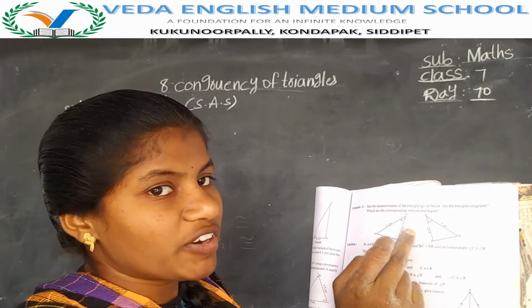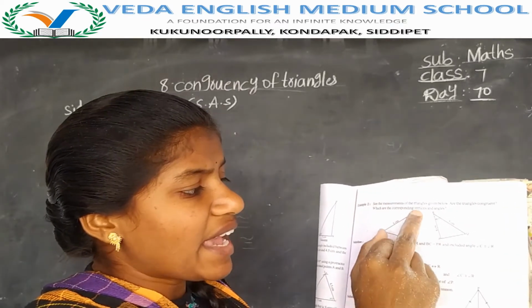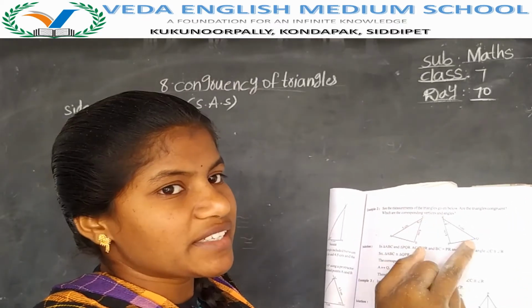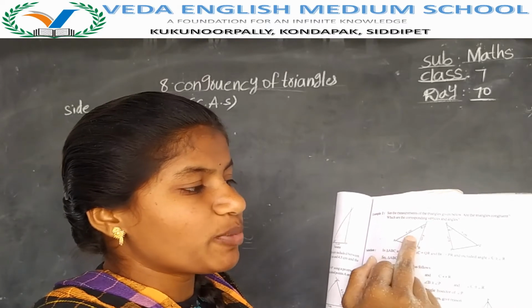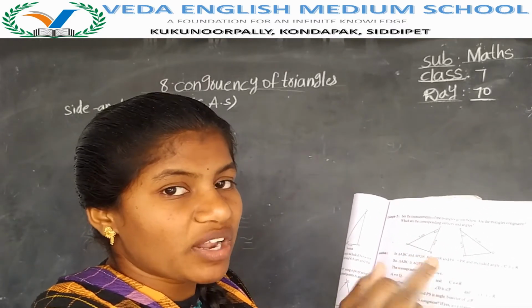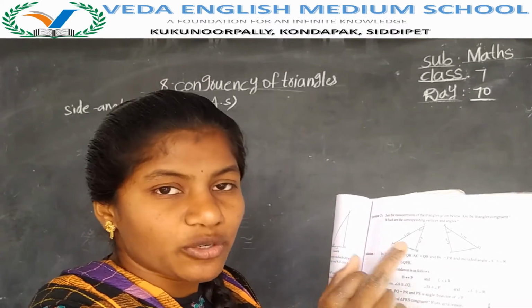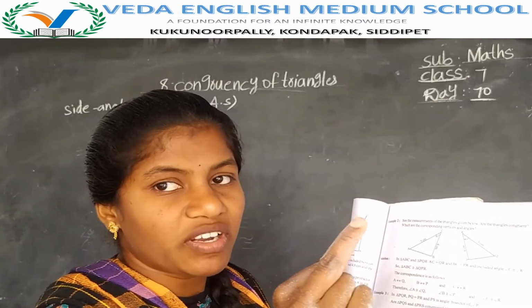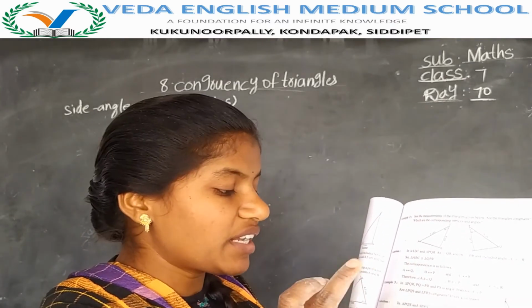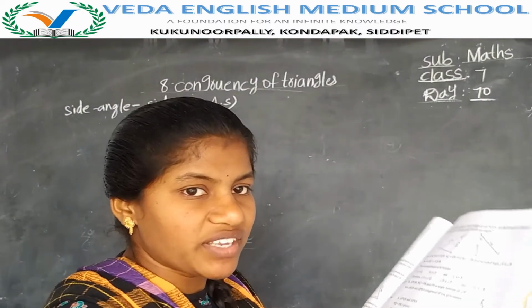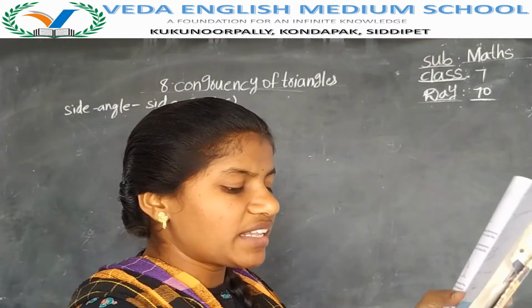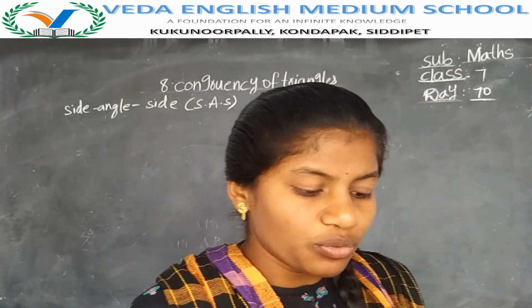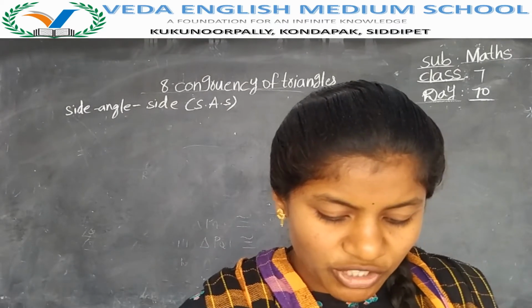Two line segments are equal. Two sides are equal and one angle. Angle C is equal to angle R. Both angles are equal. So these two triangles are said to be congruent to each other by the rule of SAS. Any two sides and one angle should be equal. If that is equal, then they are congruent by the rule of SAS. If you have understood this, then we can go directly to exercise 2. What additional information do you need?